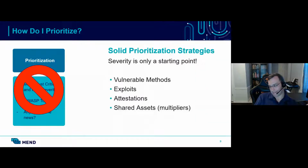Why? Well, the biggest thing is severity is really only a starting point. Critical and high is a good first step, honestly. But there are other things that influence the actual risk of a known vulnerability or of your own code weaknesses. So, some really easy examples here of, let's just say, more solid prioritization strategies would be